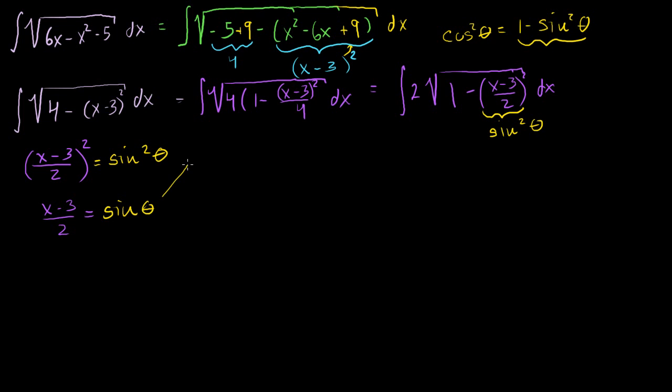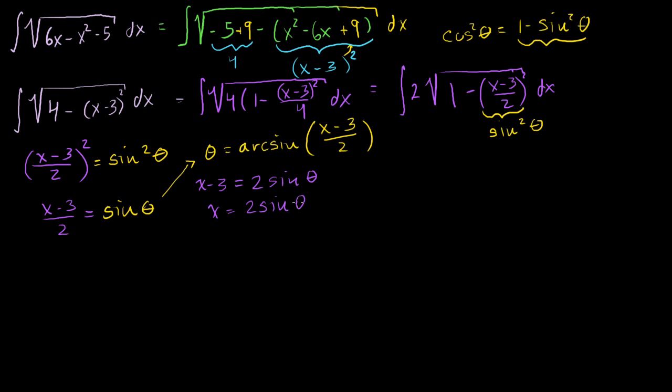So theta in terms of x, we could just take the arc sine of both sides of this. You get theta is equal to, the arc sine of the sine is just theta, theta is equal to the arc sine of (x minus 3) over 2. Fair enough. Now, to figure out what dx is, we're going to have to solve for x in terms of theta. So let me do that. If we multiply both sides of this equation by 2, we get x minus 3 is equal to 2 times the sine of theta,